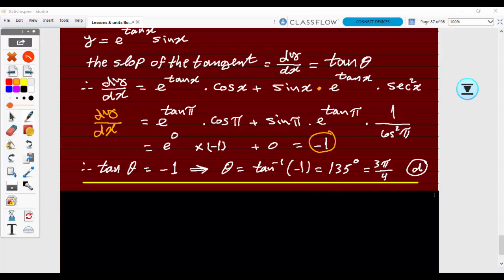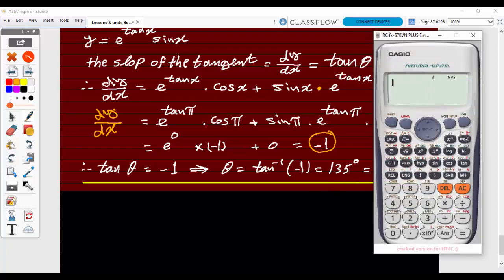Here you can use a calculator to find θ. How will you get θ? Shift tan negative 1 equals negative 45 plus 180